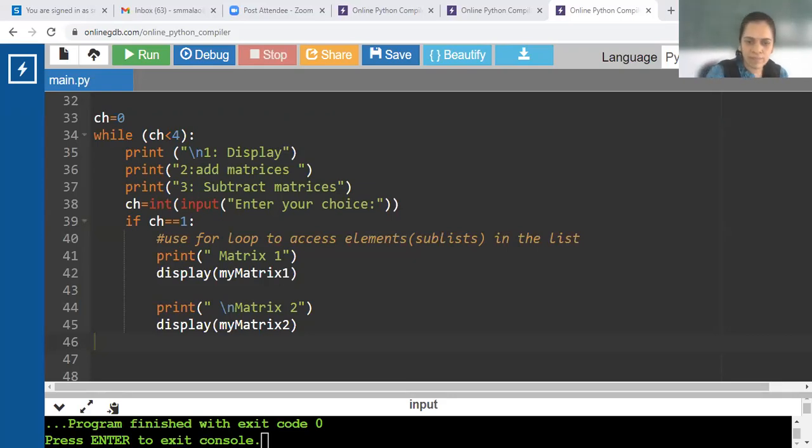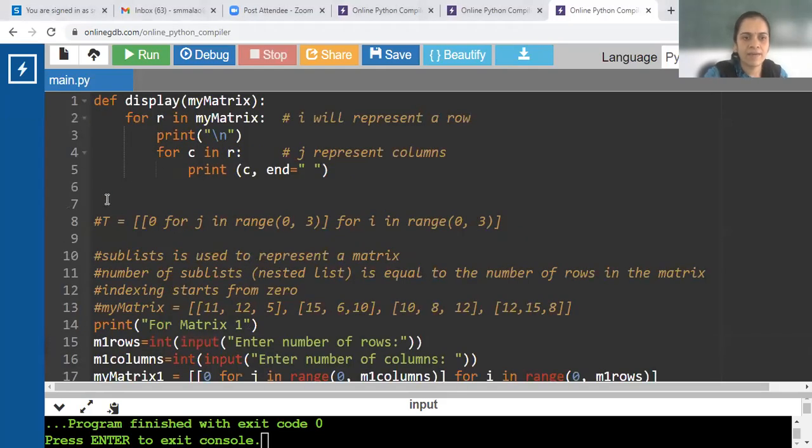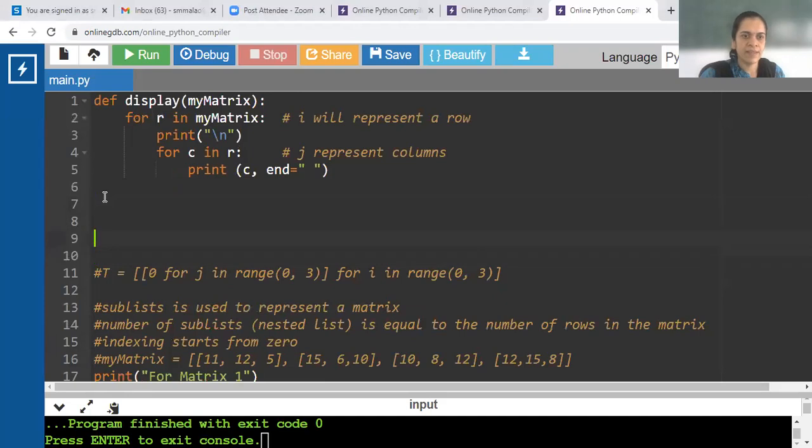Yes, okay. So let us write a function to add matrices. Subtraction you can do as a homework.